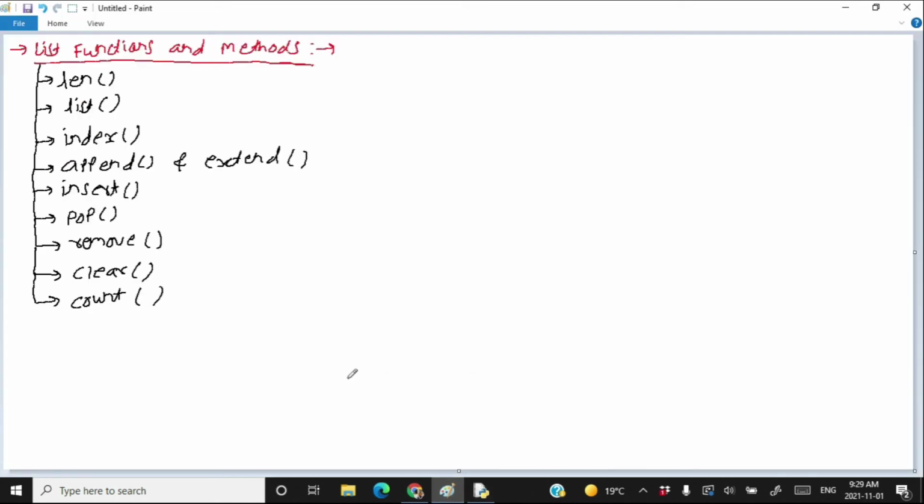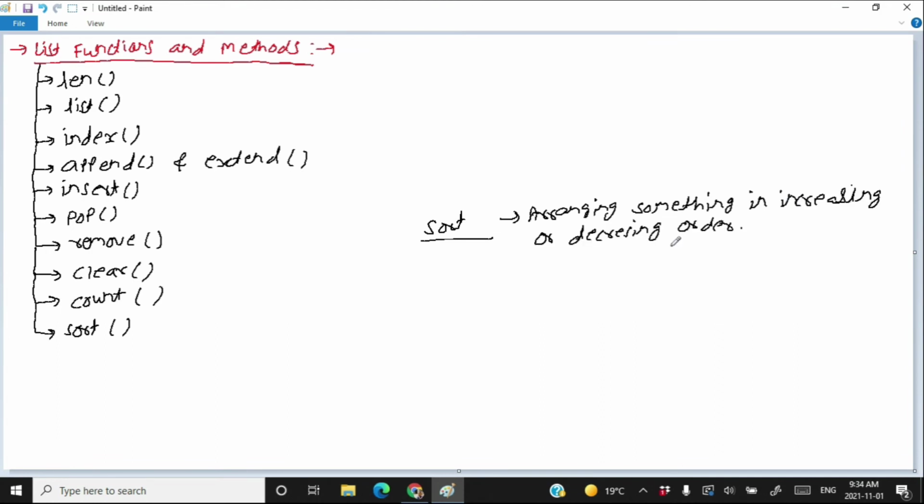Now let's see another method, that is the sort method. Next we are going to learn the sort method. Now the question is, what is sort? Sort means arranging something in increasing or decreasing order. Sorting is a big problem in the computer science world. We have various algorithms, various ways of sorting.